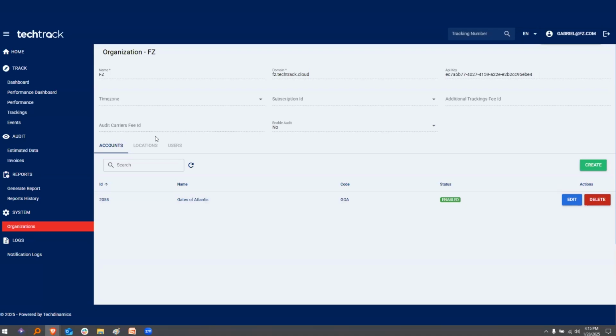Under this structure, what you'll find is that we now have accounts, locations, and users, okay? So as I described before, accounts are what used to be shippers, locations are what used to be warehouses. Let's give it a moment there. There we go. In this case, I have one, and then I have users under my organization, okay? Right now, I'm logged in as the administrator, but I'm going to show you how to create locations, accounts, and users, and then users under the